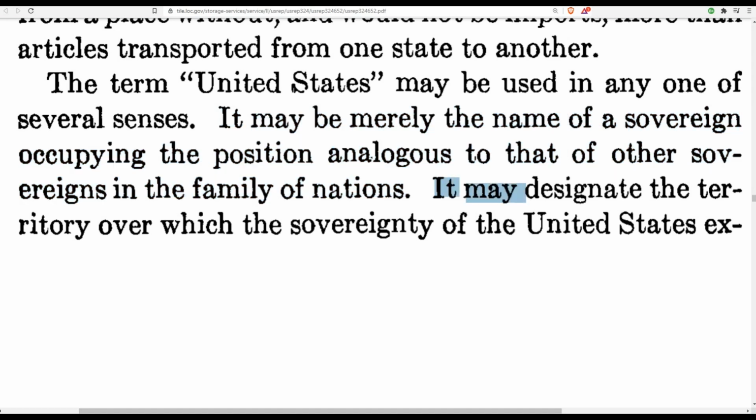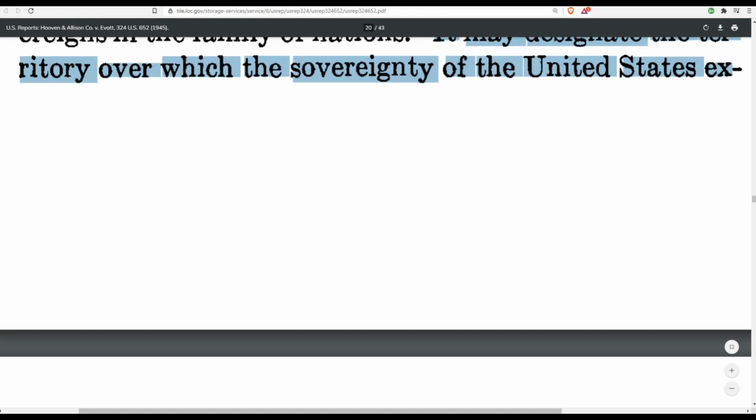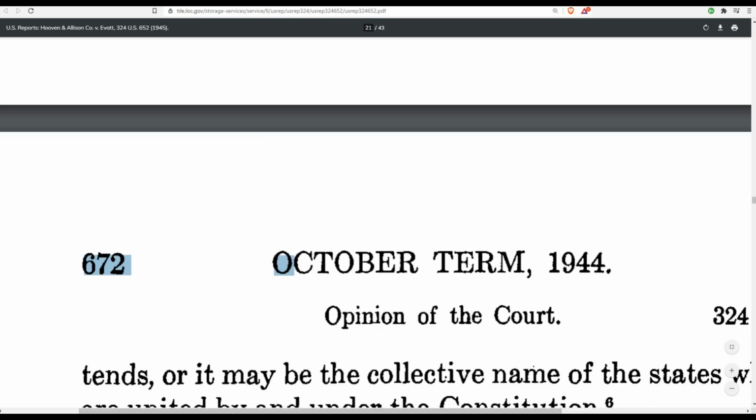It may designate the territory over which the sovereignty of the United States extends, and that's the one that the tax laws apply to.